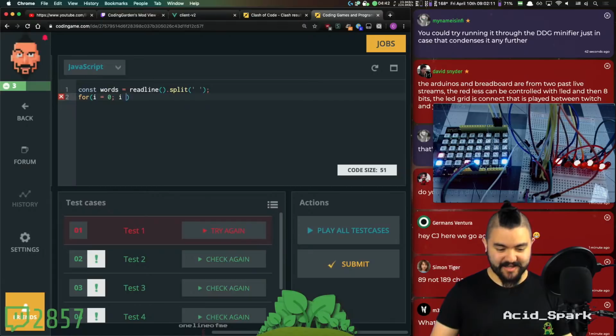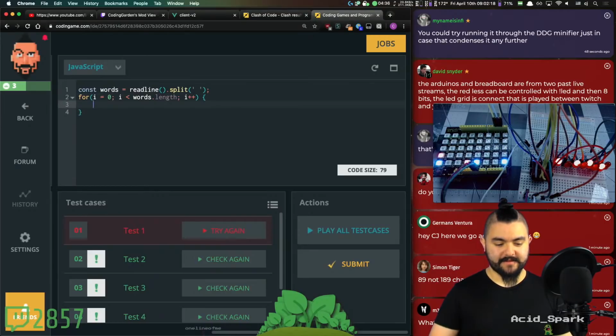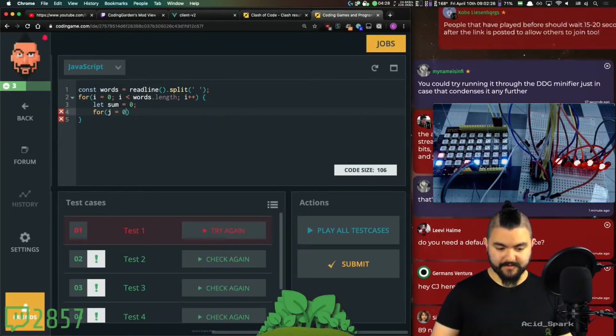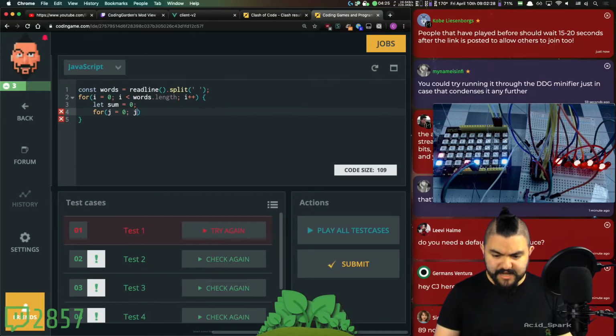So i equals 0 while i is less than words.length, i++. Then we want to get the sum, so I'll say let sum equals 0, and then we have another for loop that goes from j equals 0, while j is